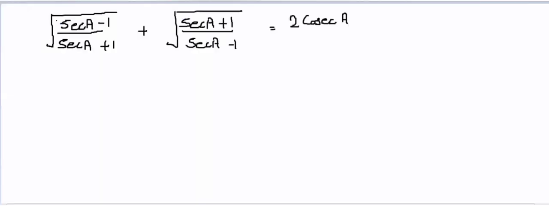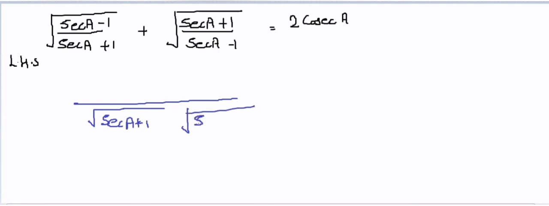We have the question here: under root sec A minus 1 upon under root sec A plus 1, plus under root sec A plus 1 upon under root sec A minus 1, and we have to prove this. So I am starting with LHS. Now here we have two fractions and under root, so I can just take the LCM. So taking the LCM, in denominator I will get under root sec A plus 1